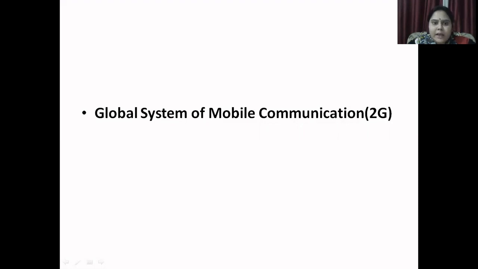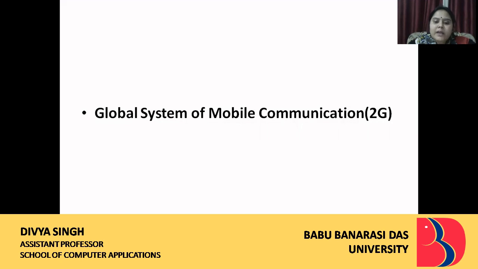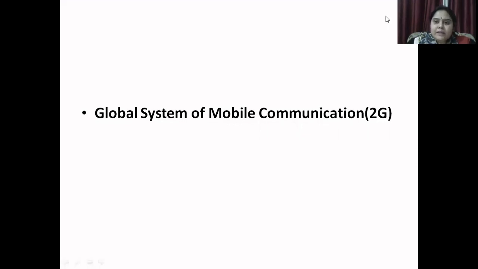So now in this lecture, we see the Global System for Mobile Communication, that is 2G. In 1982, the Conference of European Posts and Telegraphs, that is CEPT, nominated a group called the Groupe Spécial Mobile, that is GSM, to develop a public land mobile system that could operate across Europe with the objective of low